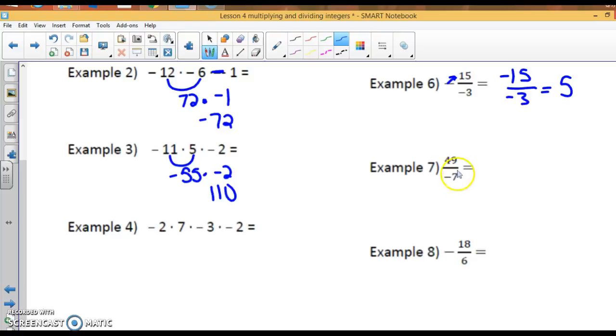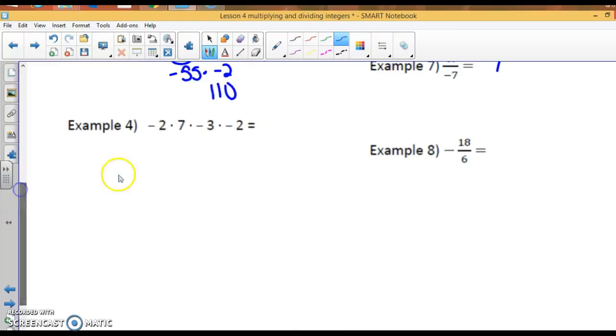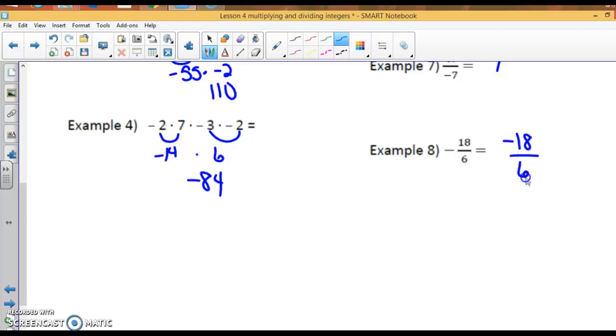Let's do example 7. 49 divided by negative 7, they are different, so the answer is going to be negative 7. Let's take a look at the last two examples. So, negative 2 times positive 7, they are different, that'll be negative 14. Negative 3 times negative 2, they are the same, that'll be positive 6. Multiply the answers, negative 14 times positive 6, they are different, so negative 84. This one, slide the negative up into the numerator, so it'll be negative 18 divided by 6. They are different, so the answer will be negative